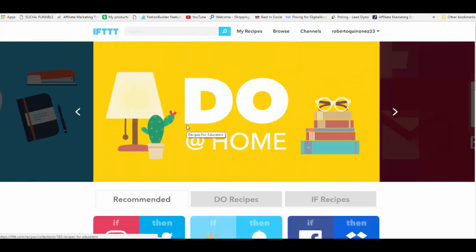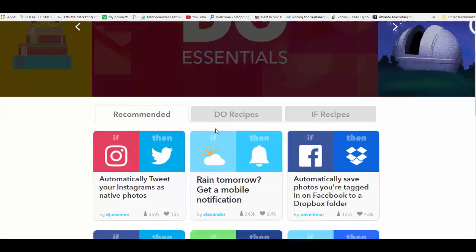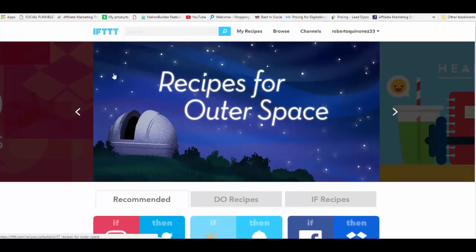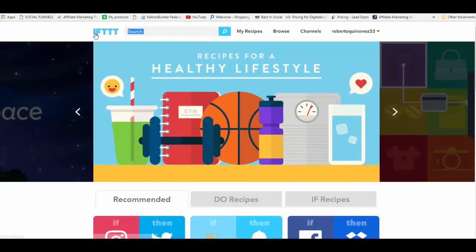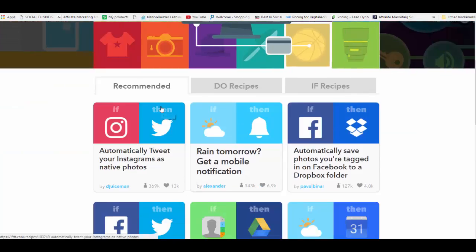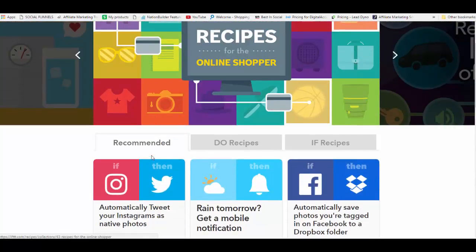This is a free platform, totally free right here. You don't have to pay for it. You just gotta set it up, do it, and done with it. And so basically what IFT means right here is if this, then that. And so basically what you could do is you can automate certain things, and here are